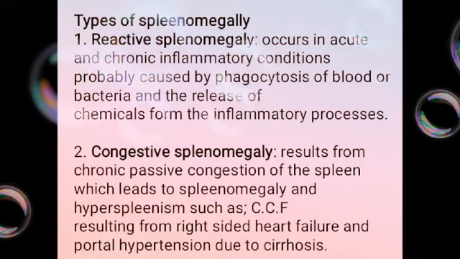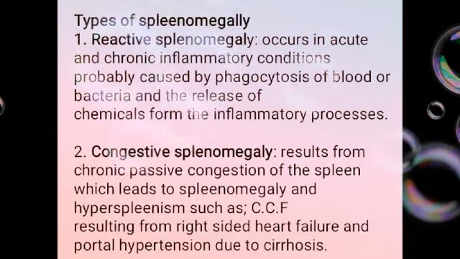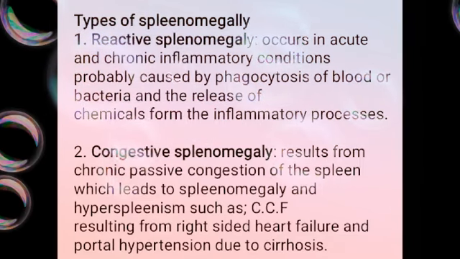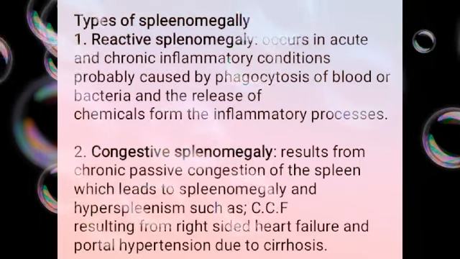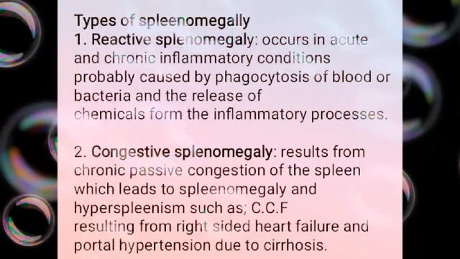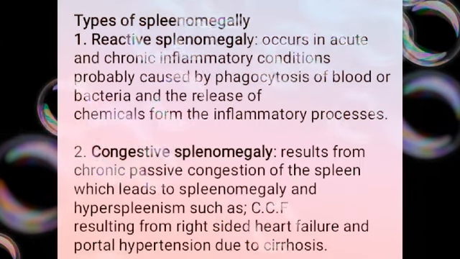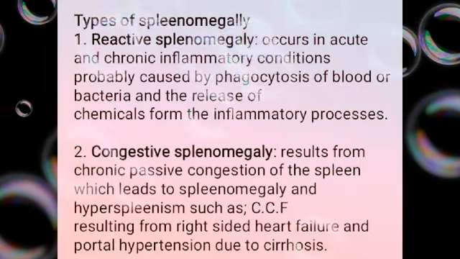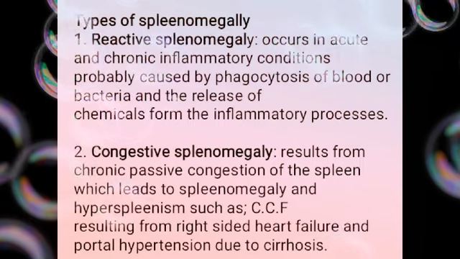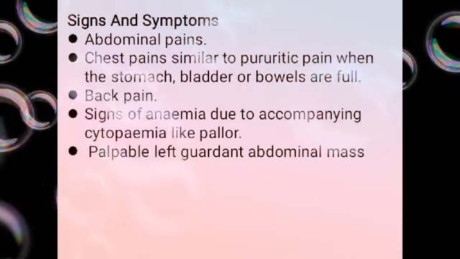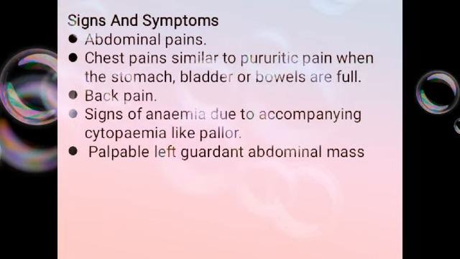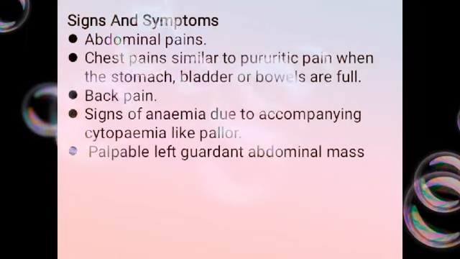We discussed cirrhosis, so I guess we all understand what cirrhosis is, which is actually the damage of the liver parenchyma. And when this happens, it means that there will be hypertension of the blood because the liver is also congested, the heart is congested, hence the spleen function is going to be increased, leading to congestive splenomegaly. The possible signs and symptoms of splenomegaly could be abdominal pain, because this